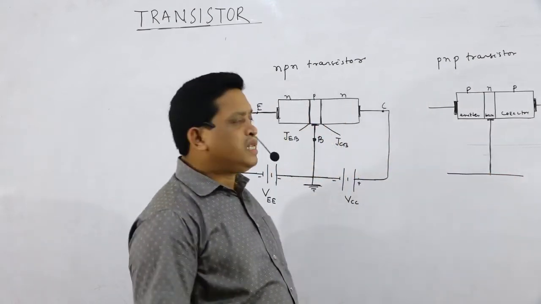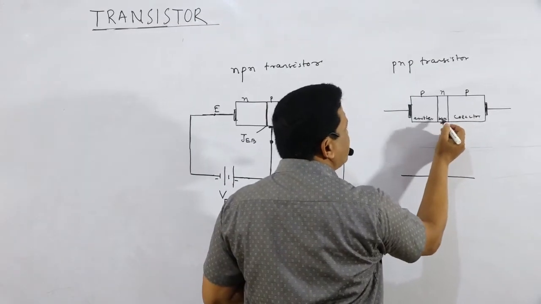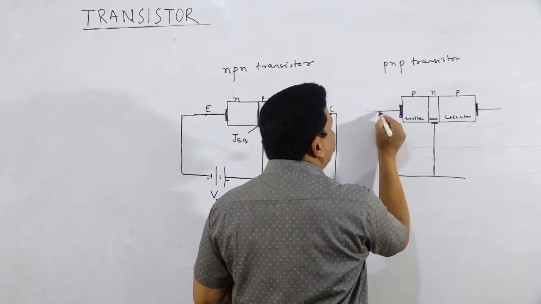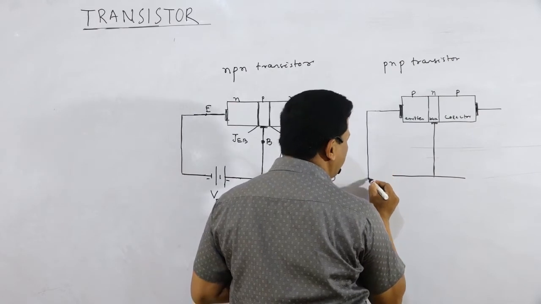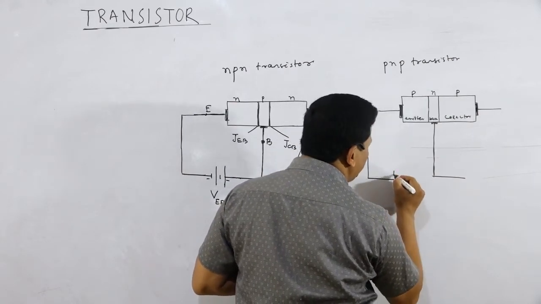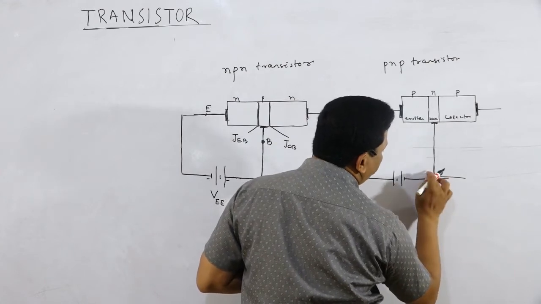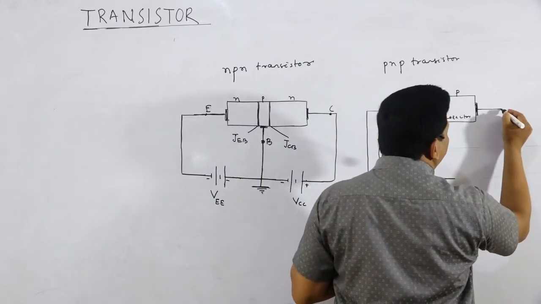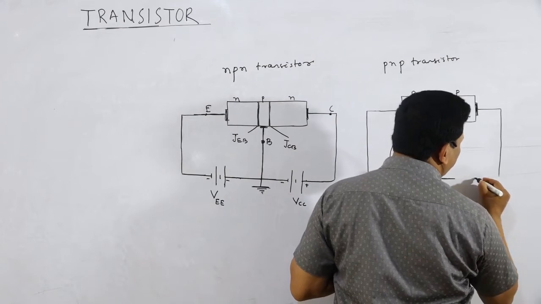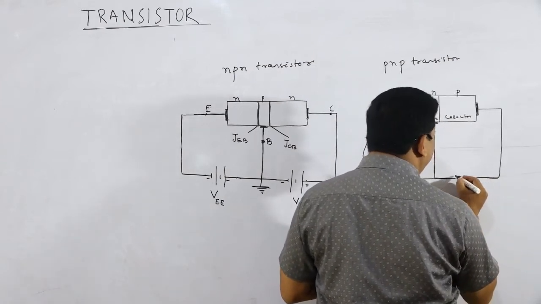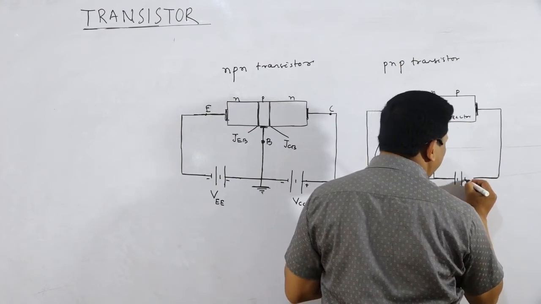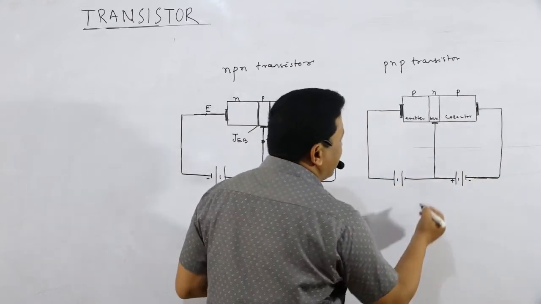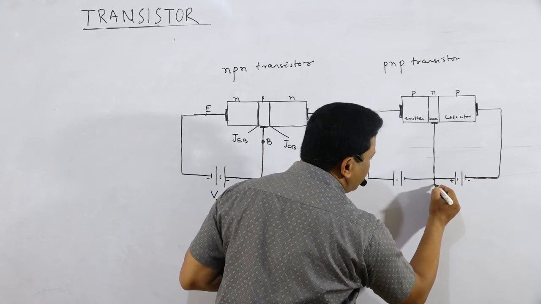Look here, this is the input PN junction, this is the P material and N material of the junction. By connecting the P material with the positive terminal, we can make the input PN junction forward biased, and by connecting the P material of the output PN junction with the negative terminal of the battery, we can make the output PN junction reverse biased. And this is the common terminal which is usually grounded or earthed.